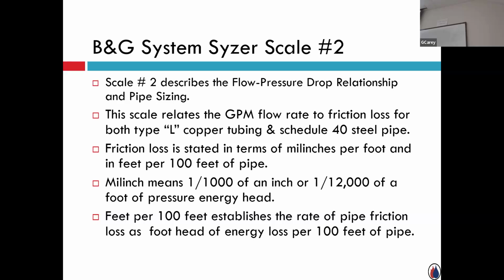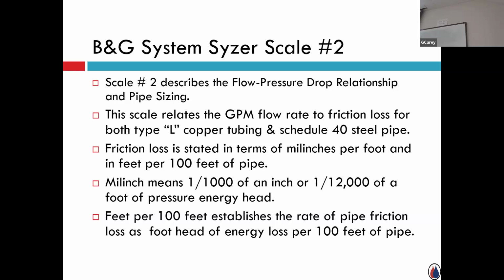It was not even in feet. So they were using this measurement, milli-inches per foot, as a means of establishing pressure drop or feet of head. Today, and what we've been using for quite a few years now, is just feet per 100 feet, and